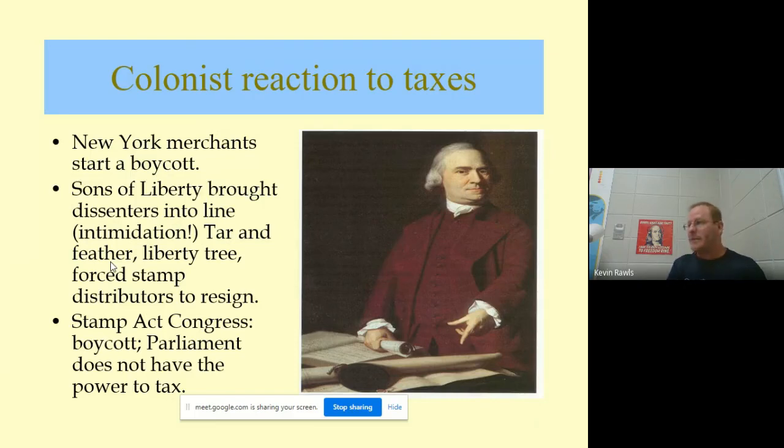One, we need to boycott. And we also need to make a list of grievances and send it over to Parliament, which is also one of the things about our revolution. Other than the Sons of Liberty and the violent aspect of it, we fight this revolution, at least to begin with, with pamphlets and speeches in Enlightenment ideology. John Locke, Jean-Jacques Rousseau, Montesquieu, really cool names, right? We fight with those because anybody and everybody who was a somebody